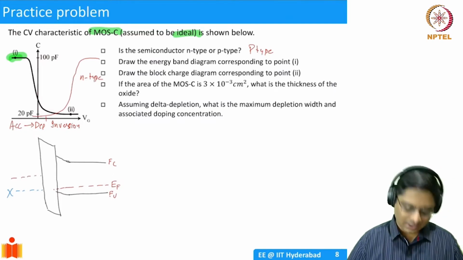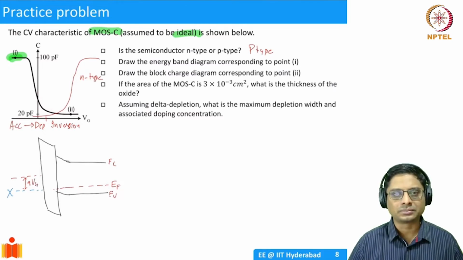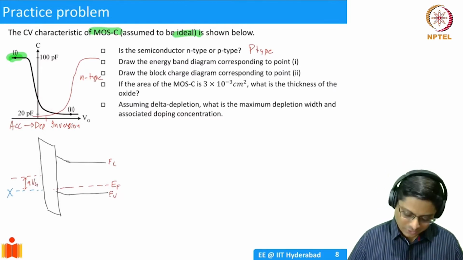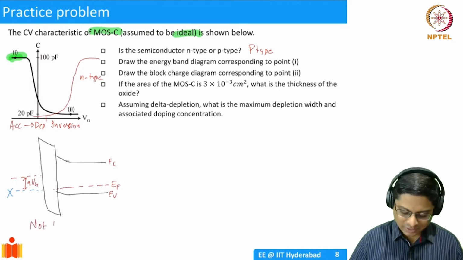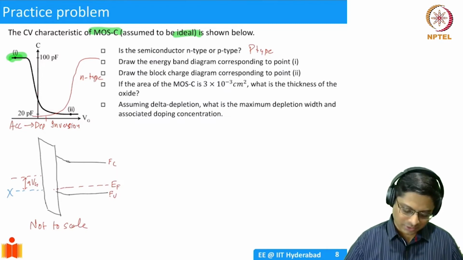Right? And this difference is going to be Q times Vg, the applied voltage. So this is how a band diagram looks. Of course, always remember this is not to scale. We are only showing the essential physics, because this distance is going to be 1.12 eV,